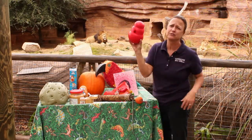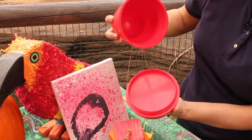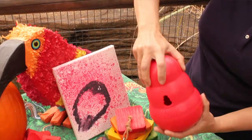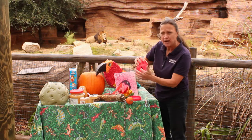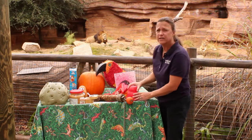This is something really neat that a lot of people like to buy at a local animal supply warehouse. It's called a Kong toy, and it's a Weeble Wobble, which is kind of neat. It has like a sandy area underneath here. It has some beads in it, so it's kind of weighted. You can put dog food in here. You can put it on the ground, and the dog can move it around. And these things actually come out, and it's kind of a fun thing to do. Instead of giving the dog its food just in a bowl, you can actually put the kibble in here and